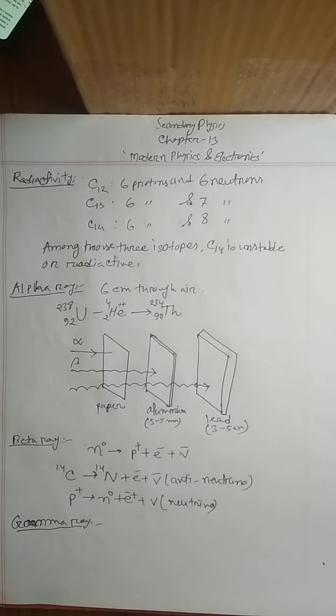Regardless of the energy of the gamma ray, its velocity is equal to that of light. When a nucleus becomes excited by radiation of an alpha or beta particle, then that extra energy comes out as a gamma ray and the nucleus